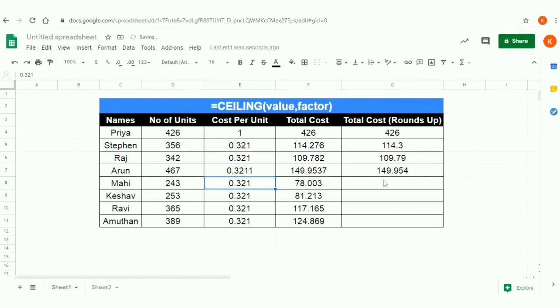Here I am providing the 4th value, and here I have 9.54 instead of 9.537. I have the value as 9.54. That means whatever value you have in the total cost got converted into a rounded value based on the CEILING function. Okay, so finally the summary of this CEILING function usage is to round up the specific value based on the factors provided in the function, and it is only used to round up the value.